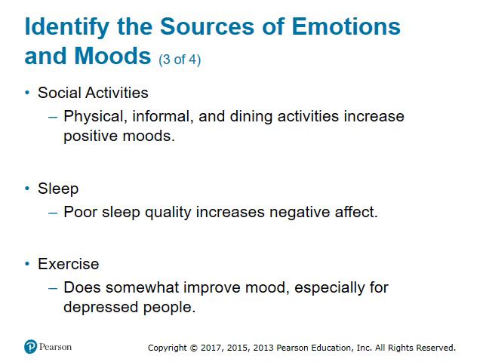Social activities have been shown to have a positive impact on our moods. This could be a physical outlet such as playing in a basketball league or as simple as going out to dinner with friends. Some additional sources of emotion and moods include such factors as sleep and exercise. It is important to get enough and high quality levels of sleep. Physical activity can also aid in keeping our moods upbeat, particularly for those people who are depressed.